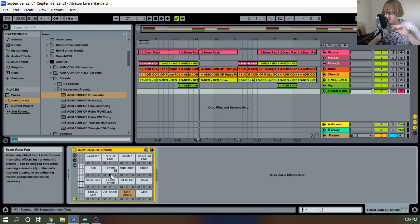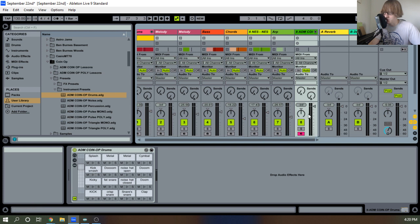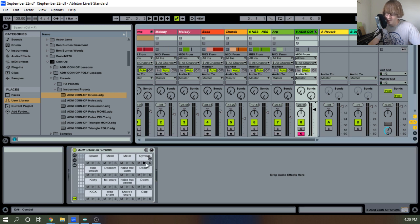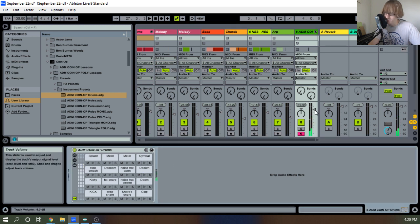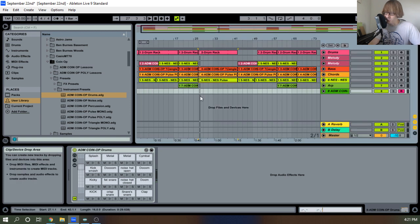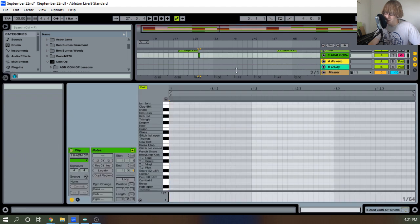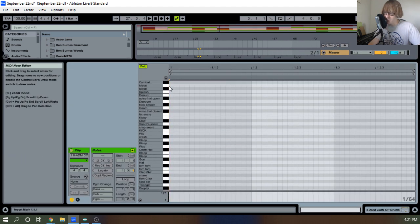So this is just an 8-bit drum pack right here. Let me turn it down. It's going to be really loud first. Hang on. With random. Okay, it's not that loud, I guess. Boom. Let's do this real quick. I prefer to click through samples like this. But there's a lot of weird ones in here. Maybe there's...